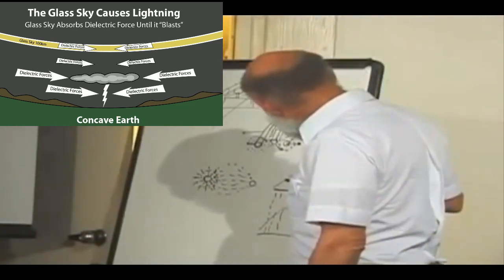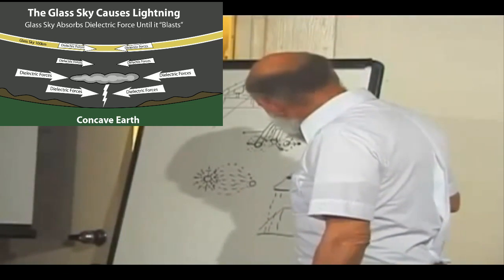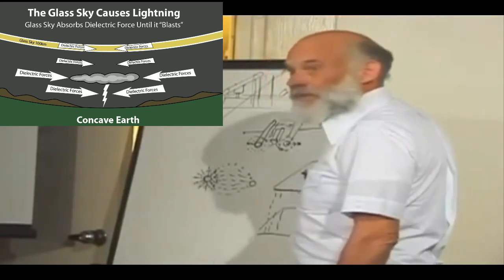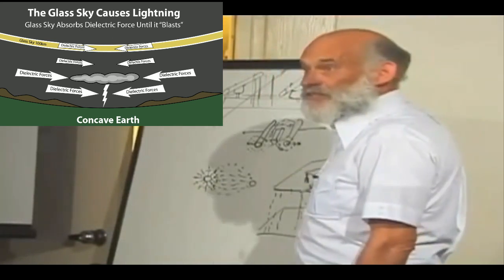And so the atoms start to break apart at the point of saturation, and you get a breakdown zone. And what happens is when that saturates in a counterspatial,